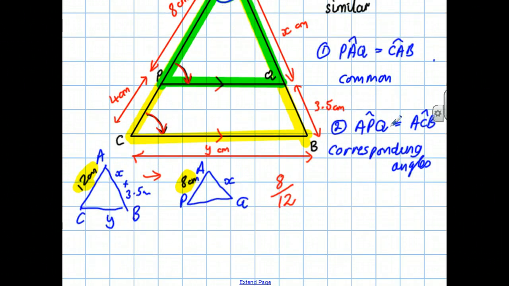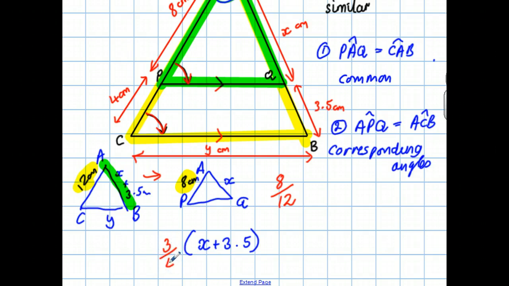I know that this length, X plus 3.5, times that scale factor of 8/12, which I'm going to simplify as 3/4,